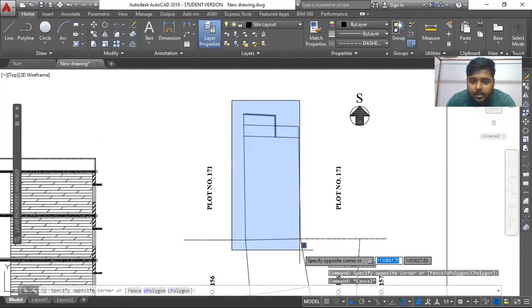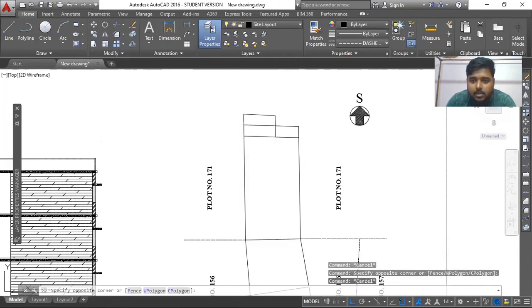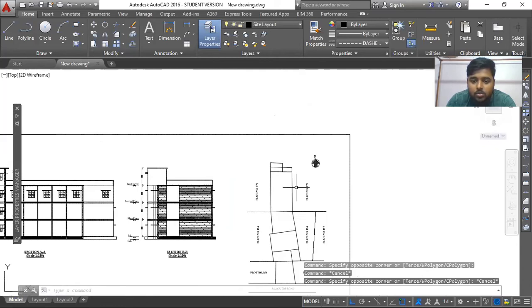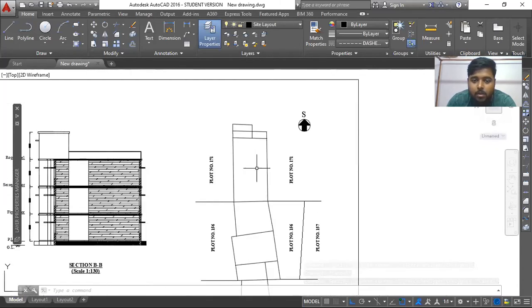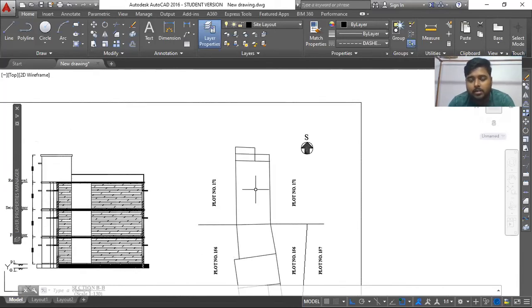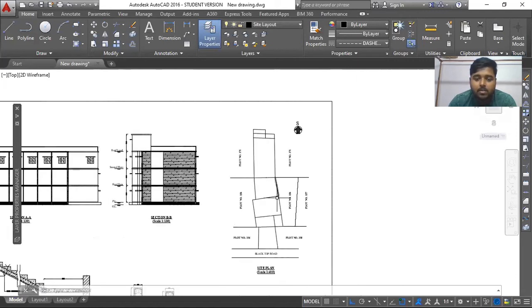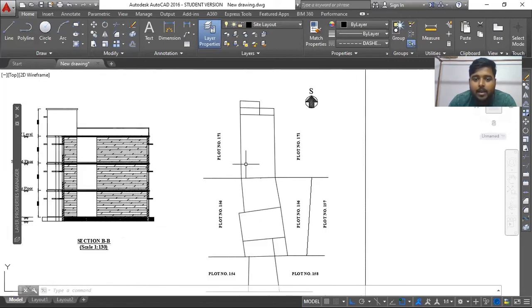You can highlight this with thicker lines, you can change the line width, or you can also simply copy this plan and scale it down and place it here, just to show how you have accommodated the things. So the person will understand, okay, this is the site plan and here is the building that is going to be built.